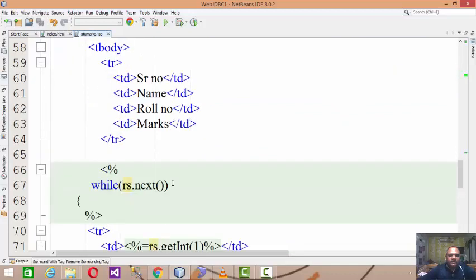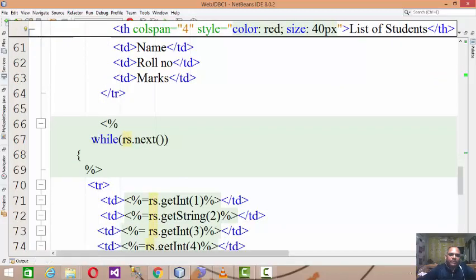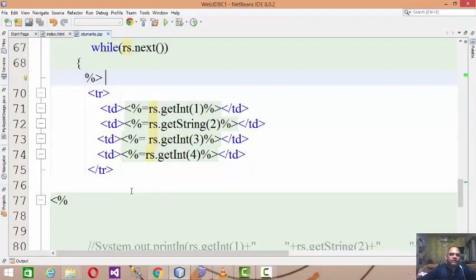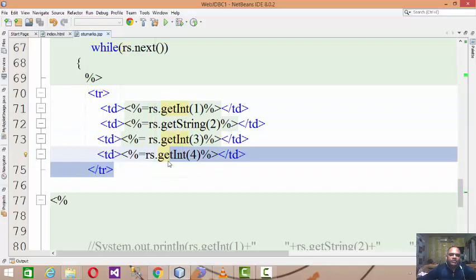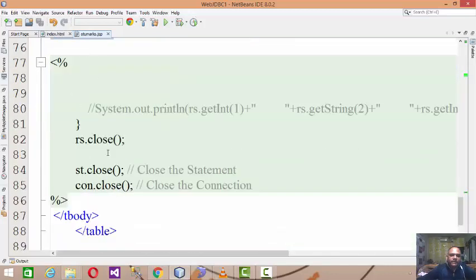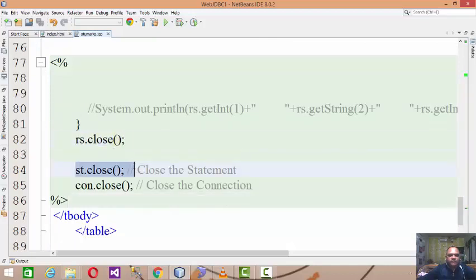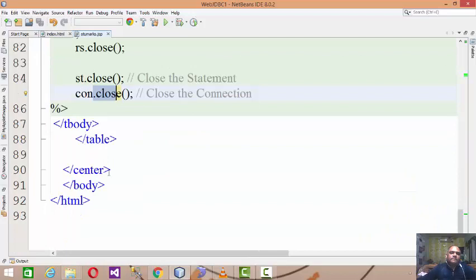and then the column names, and then again I have to start the JSP because I have to set the loop till rs.next, right? Row by row I need to accept the data from the database and print it over here. So the table rows, a dynamic number of rows, will be added row by row. The data of serial number, name, roll number and marks will be fetched from the database, and it is going to generate that many rows in the table, and then close the result set, statement and connection, and in this way a dynamic table will be generated.